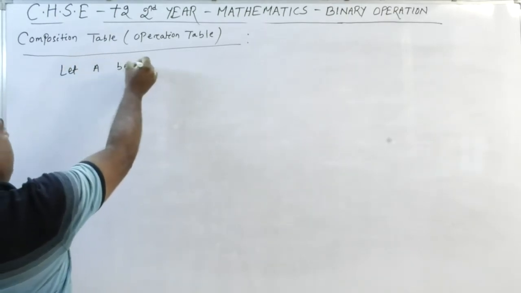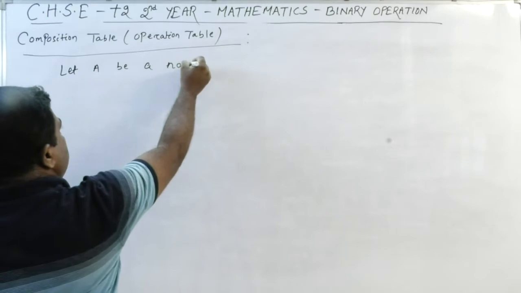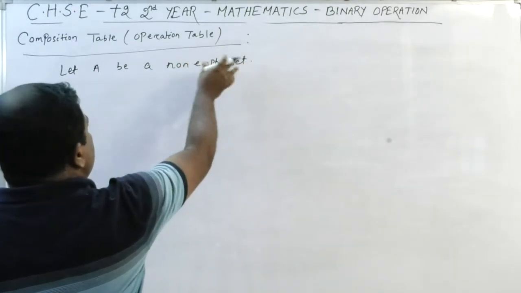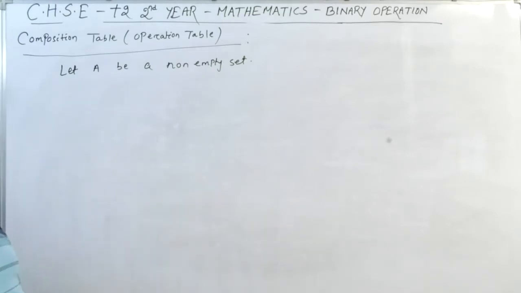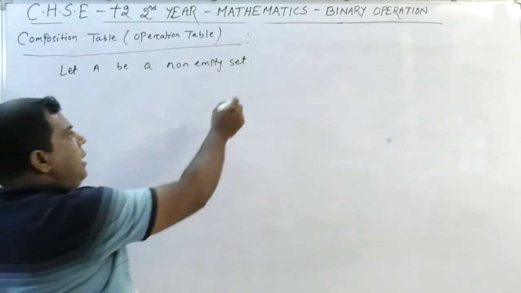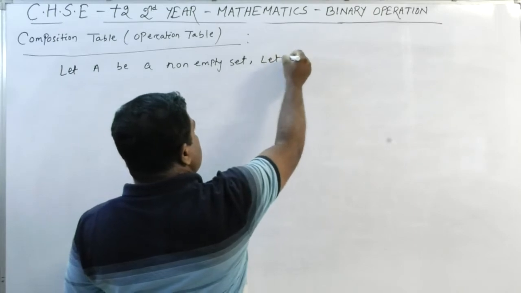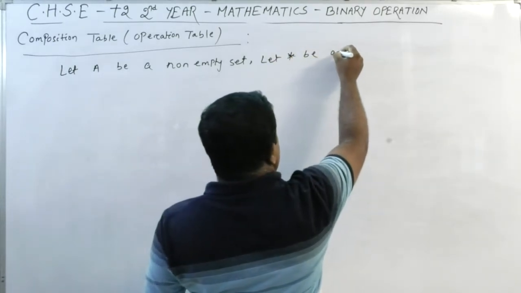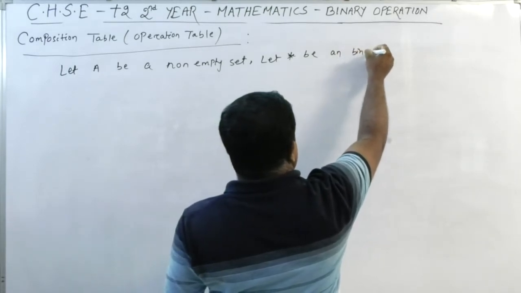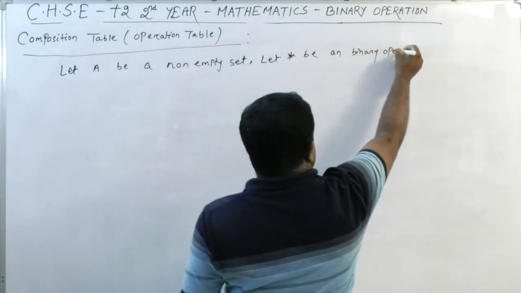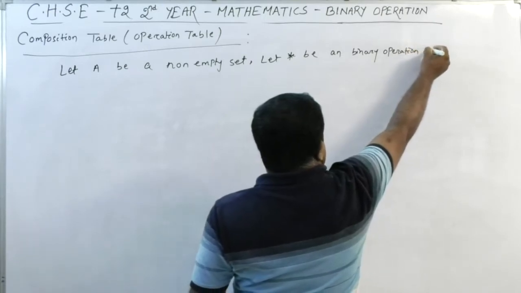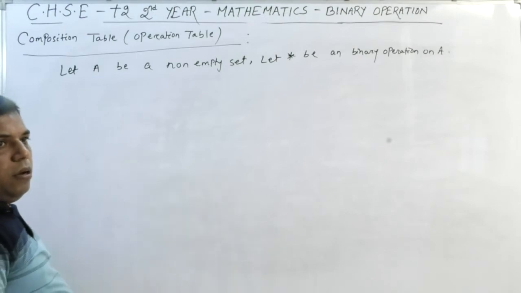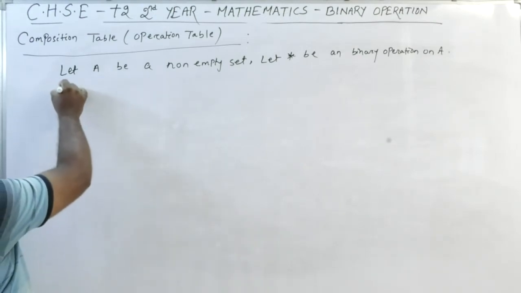Let A be a non-empty set, and that set should contain a few elements, then only it is possible. And let star be a binary operation on A, then